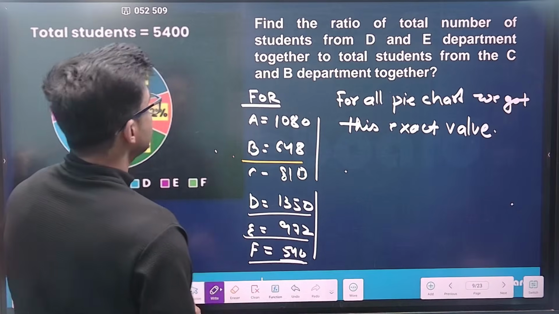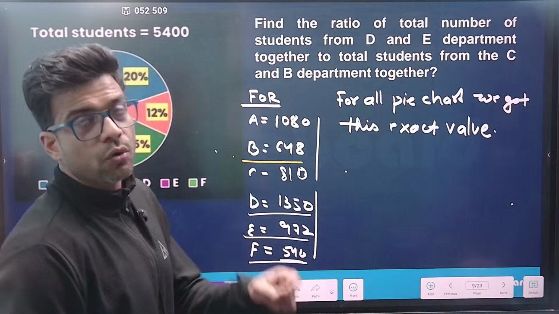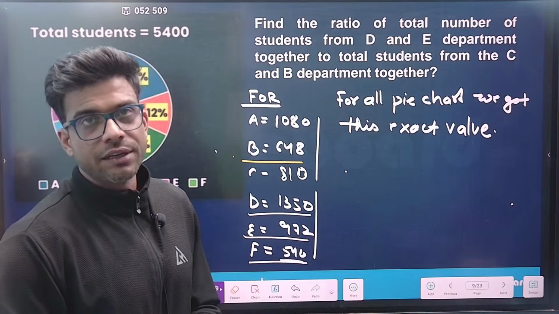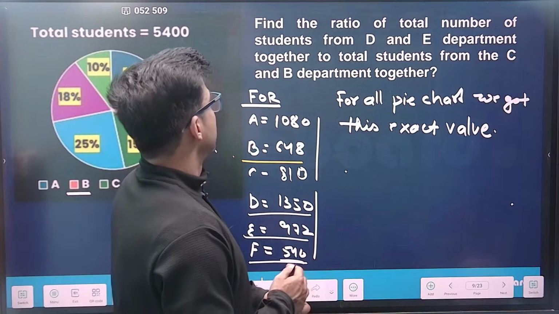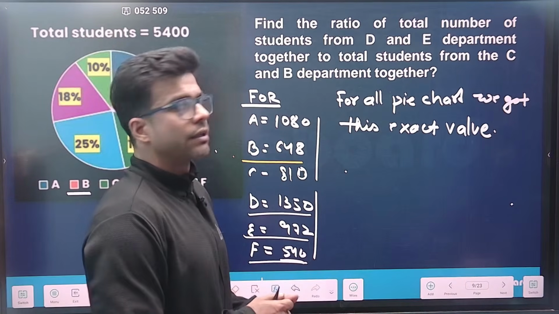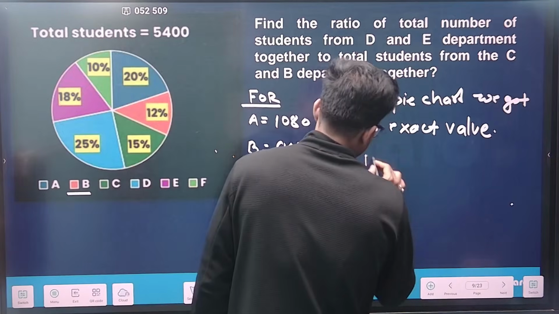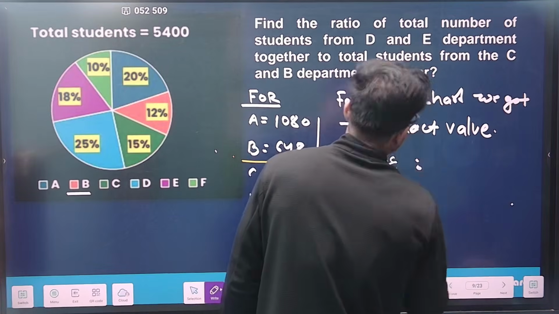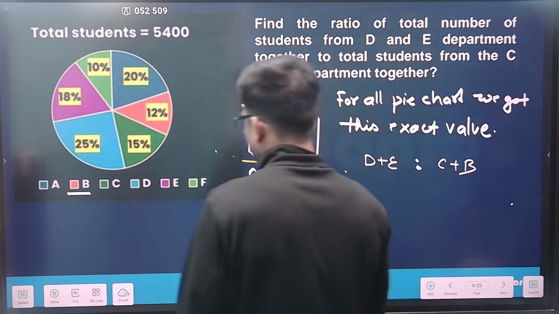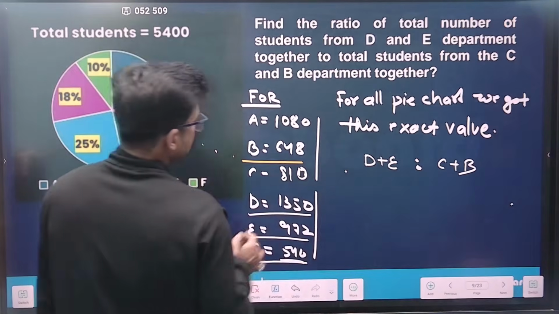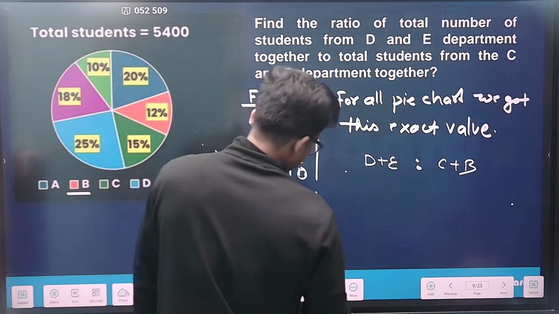Now the point is that, see the question: find the ratio of total number of students from D and E. Total number of students from D and E to the total number of students from C and B together. So D plus E is to C plus B. I haven't given the option, but I think it's very easy. D plus E means 1350 and 972, which will be